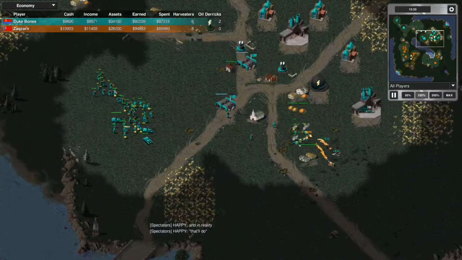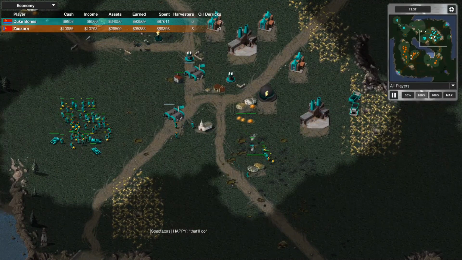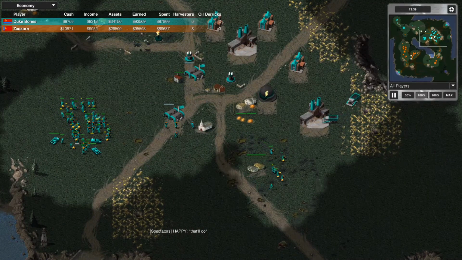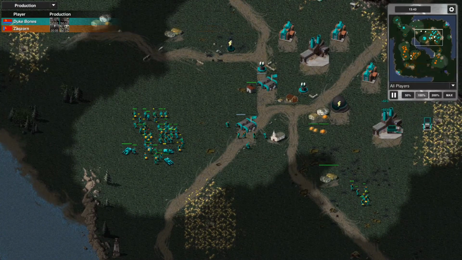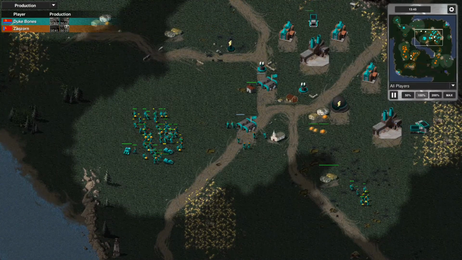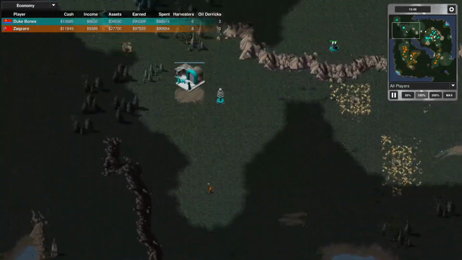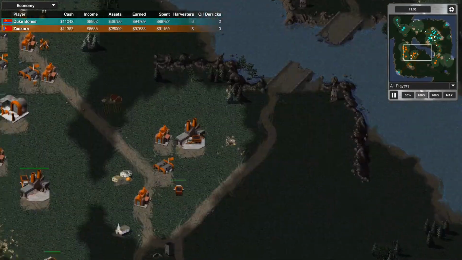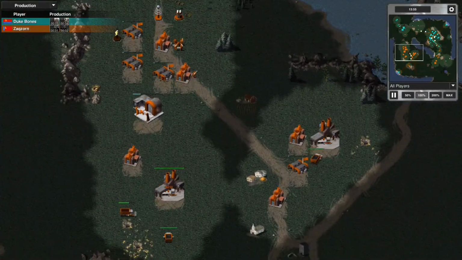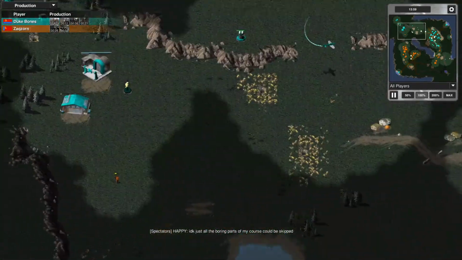Duke Bones almost even on income. Both players floating nearly 10,000. Zaqzorn floating 11,000. Duke Bones floating 9,000. And production has been absolutely decimated. Not so much the economy, but both players are without a war factory. Zaqzorn's war factory about to hit field in...